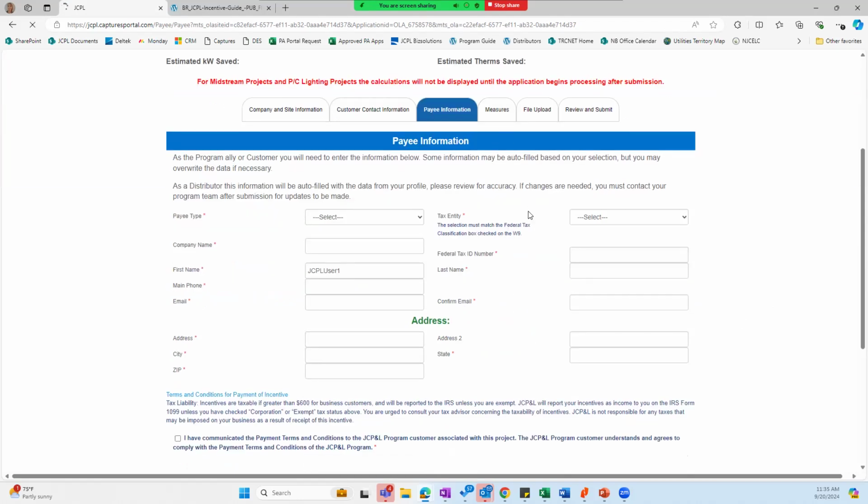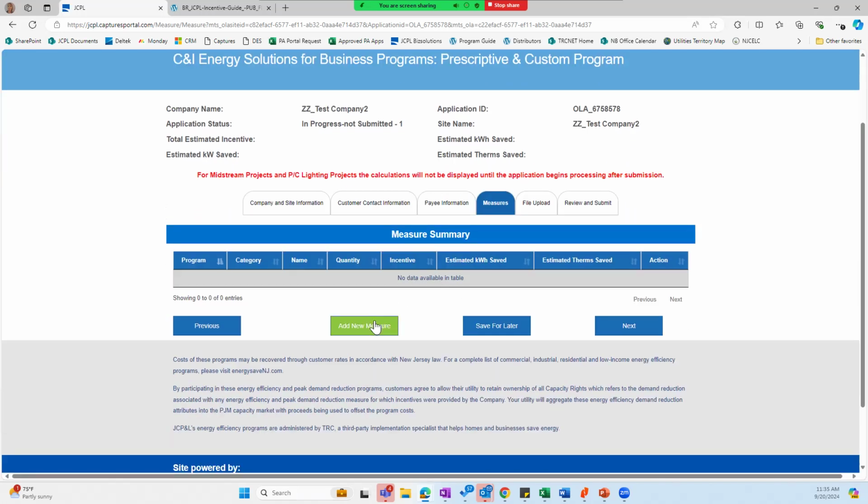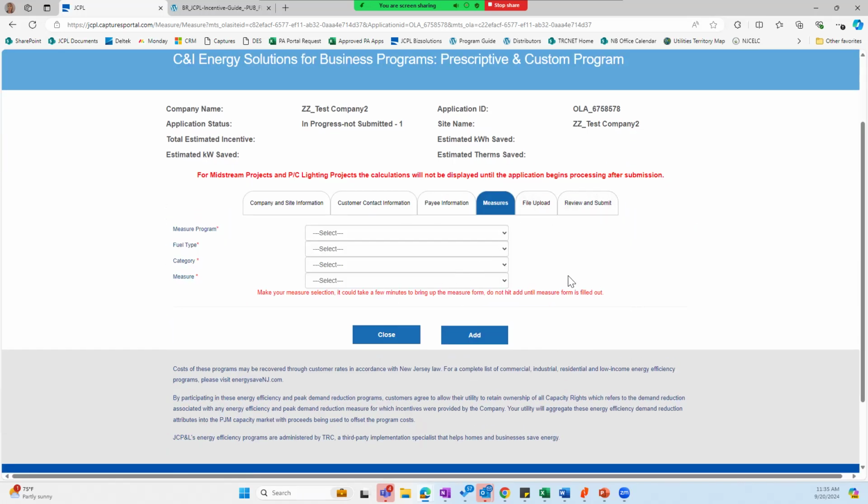And then we go into measures here. Adding new measures, and then we walk through the process. Anthony, feel free to jump in at any point. This is a good time for questions. Once you see what information we are requesting, please ask away via the chat. Actually, yeah, I'll let Anthony provide an overview first, and then I'll go into allow for unmuting, which may be easier for these types of questions.